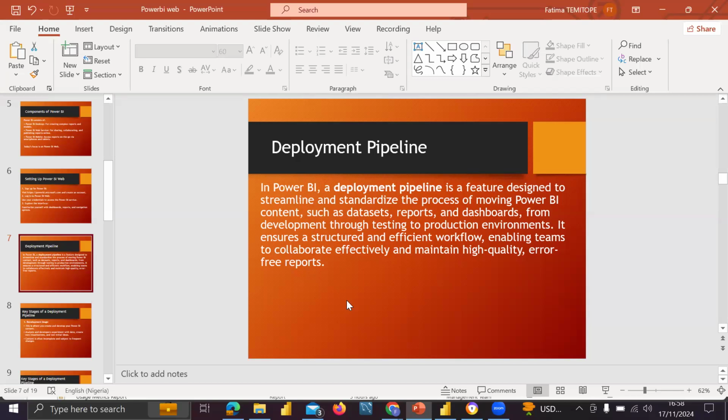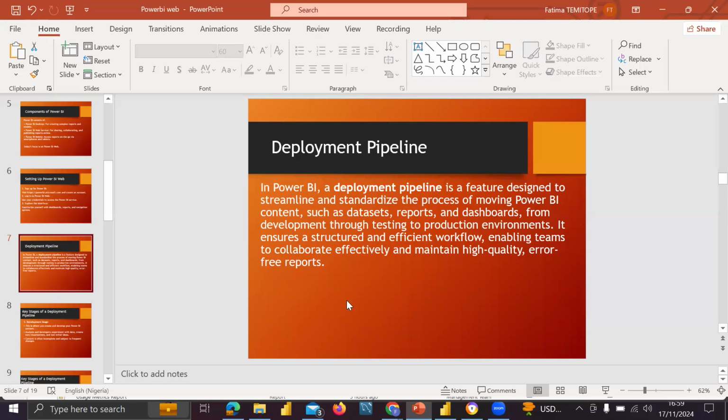So let me make you understand something today: Power BI is deeper than just building dashboards and posting online. In a small scale organization, it might work that way, but in a big organization, like Shell, where I work, we work collaboratively.